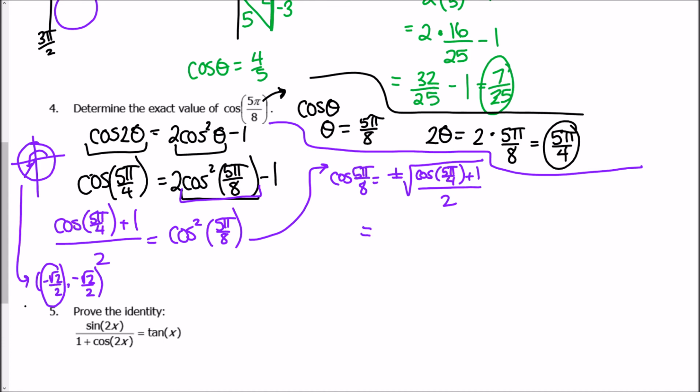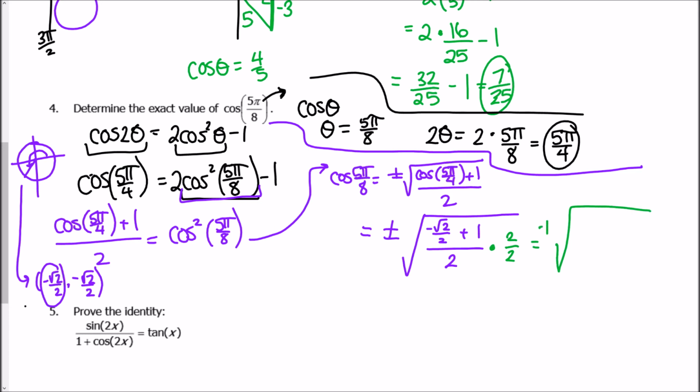So we know that this is going to be equal to plus or minus the square root of negative root 2 over 2 plus 1, all over 2 right here. But I want to get rid of all of my fractions. So what I'm going to do right here is multiply numerator and denominator by 2 over 2. Okay, so when I do that, I end up getting plus or minus